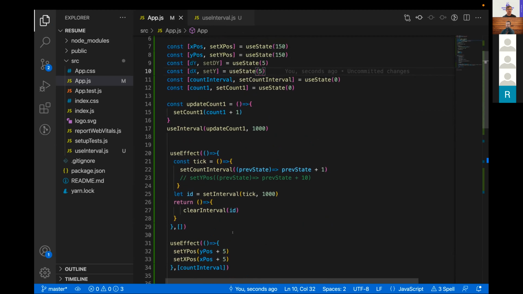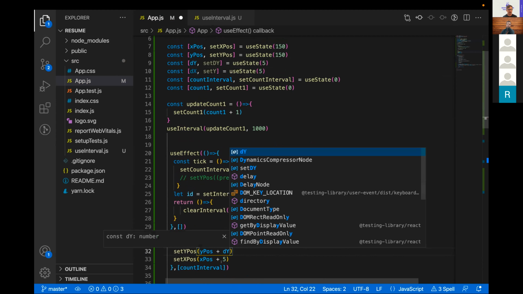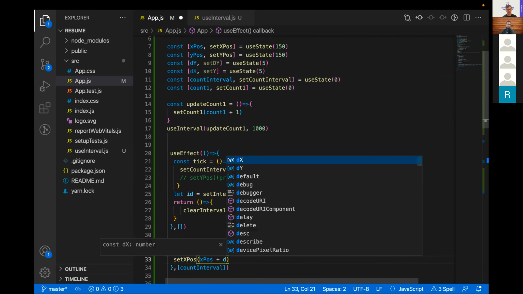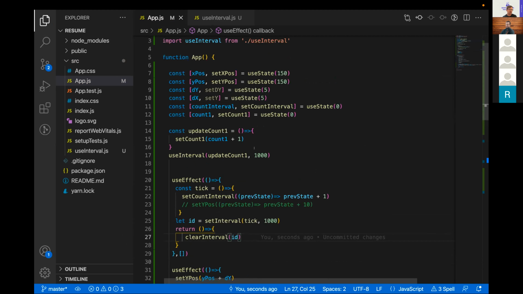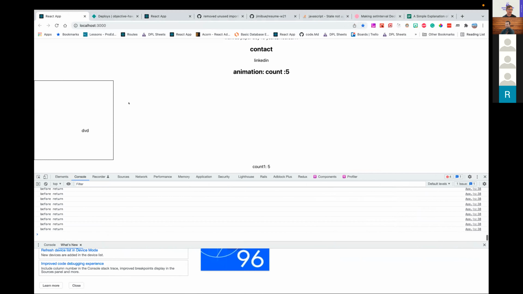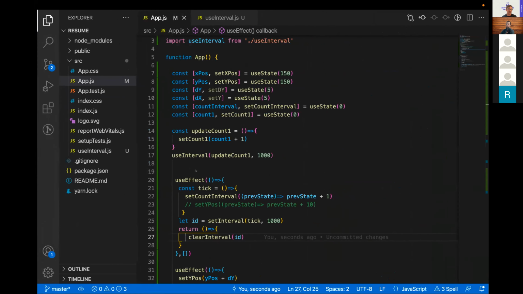So instead of changing this by this hard-coded number 5, I've created some state. So I'm going to change that by dy, dx. So this should just do the same thing. Right now, I've just created two variables and set them both equal to +5. So we're doing the same thing. But what I can do with this is